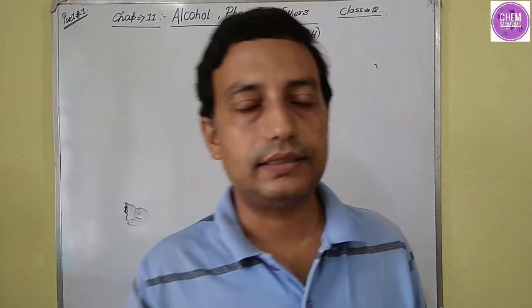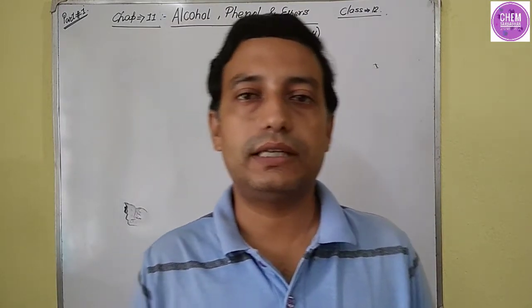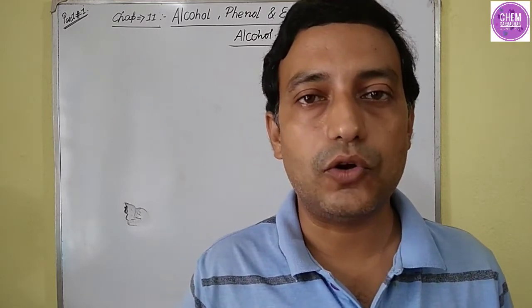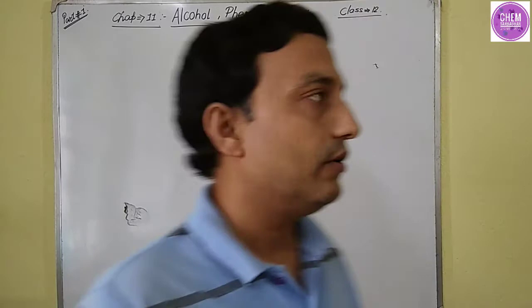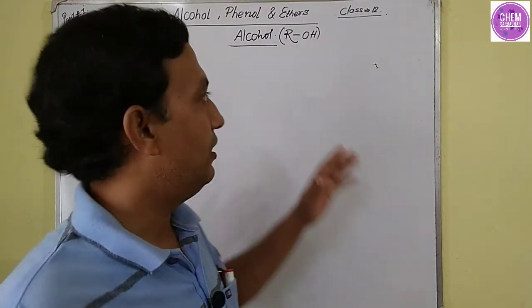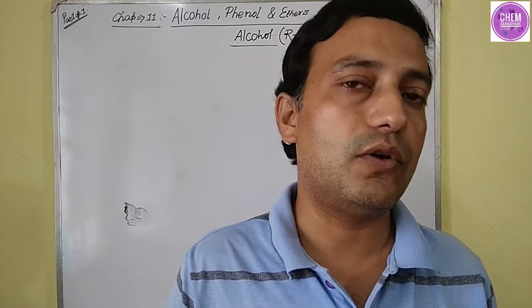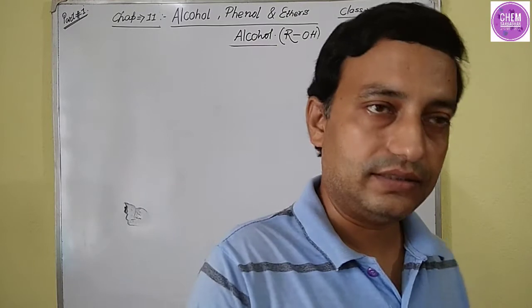So in this section we understand how we can derive the general formula of alcohol, whether it is open chain or cyclic alcohol. Now if I ask a question, what is the general formula of bicycloalkanol? This is the task for you, as we have derived the first part, that is the general formula of alkanol or cycloalkanol. In this way, the general formula of bicycloalkanol can be derived in a similar way.